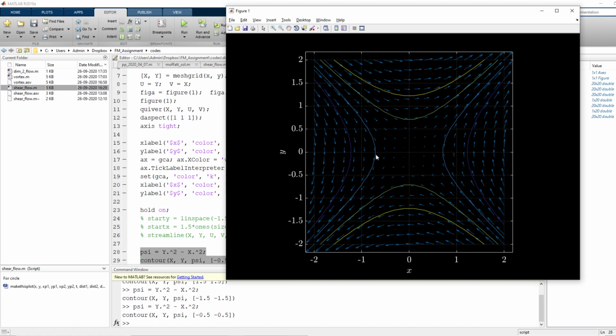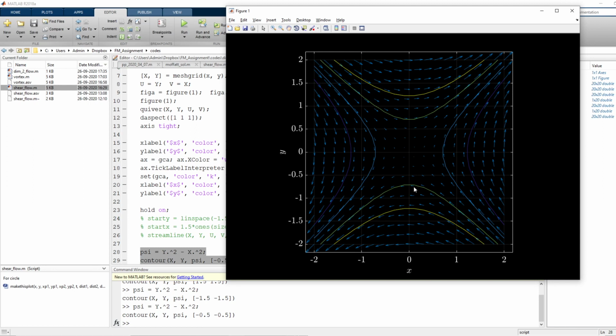So this is that minus 0.5. With the help of this contour function, you can draw the streamlines. If you know the analytical function, you can use the contour function and draw the streamline. If you don't have the analytical function, if the velocity field is too complicated, then you can find it using the function as well. But you have to give initial seeding points. You have to give the initial starting point with the help of which you can draw the function.